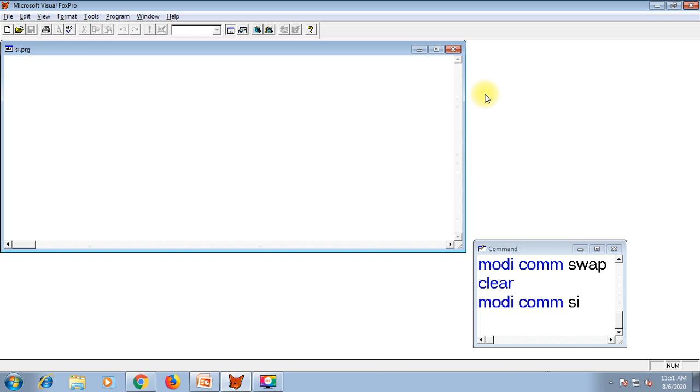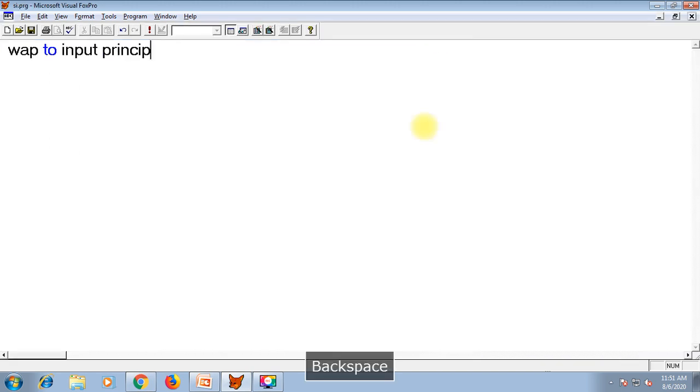Let us write the definition. Write a program to input principal amount, rate of interest and number of years from the keyboard.